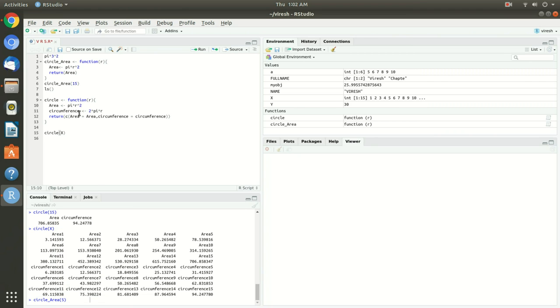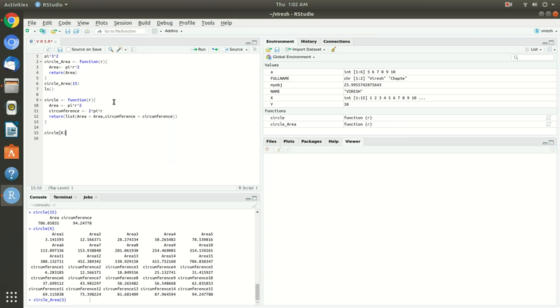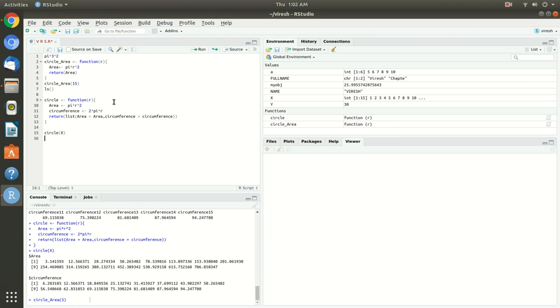So what we have is a list, so you can use list here. Spelling mistake, list. So let's run it. Yes, it's okay. Then you can check it out here. For circle x, it is showing a list, like area simply, so 1, 2, 3, 4, 5, 6, 7, 8 to 15,